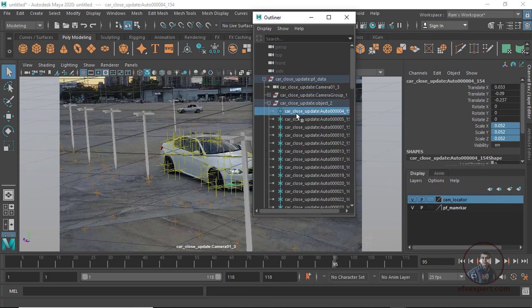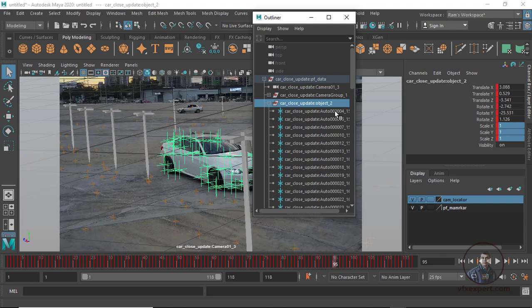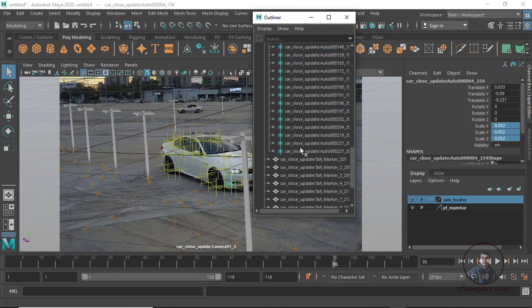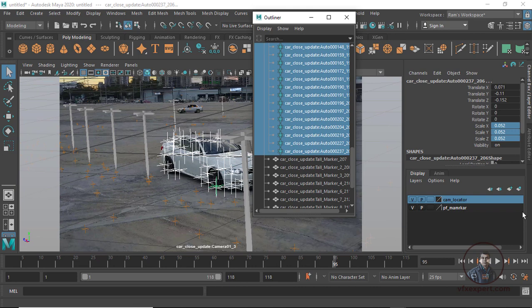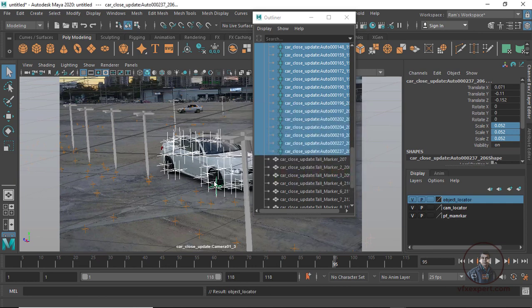Remember, you have to select only your locators or points, not the group itself. Select from this one till here, like this. Then give a name, maybe object locator. Again, if you want to change the locator size a little, assign it from here. Now type 0.02.